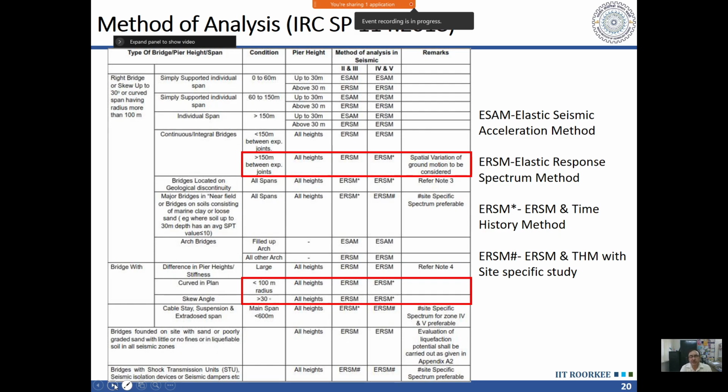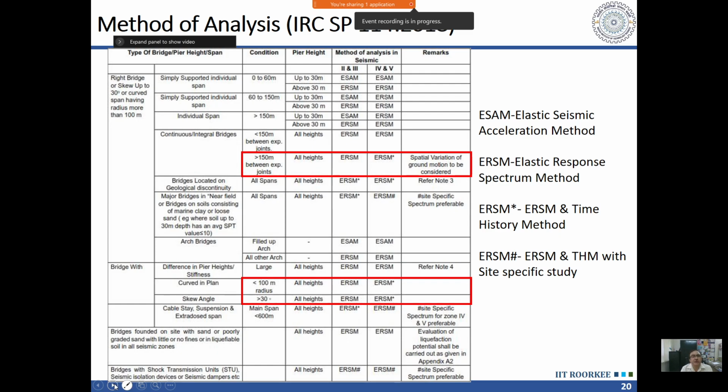Wherever we have a structure which is simple and gives 90% or close to 90% mass participation in the single mode, then we can go for the equivalent static method. Now which structures will have such properties? The structure has to be regular and should not be very tall, because when we have tall piers, higher modes will have larger contribution, and in that case the single mode method or equivalent static method will not be valid. Now what is that height?